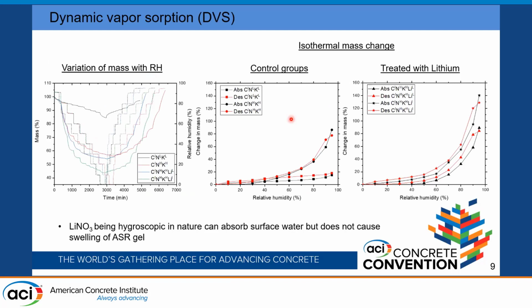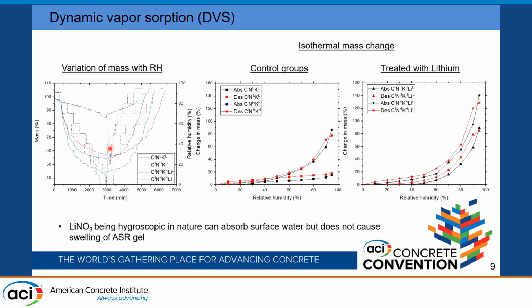So going on to the dynamic vapor absorption test, we studied the mass gain or loss by varying the RH from 95 to 0 and then going from 0 to 95 in 10% steps. The step changes were initiated when the rate of variation of mass with respect to time reached 0.0015. So we can see that the low alkali groups show significantly lower capability of absorption of moisture than